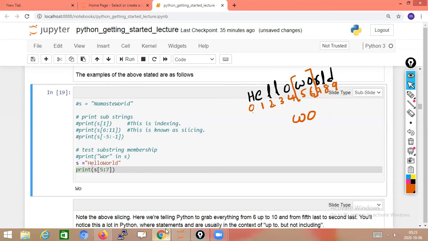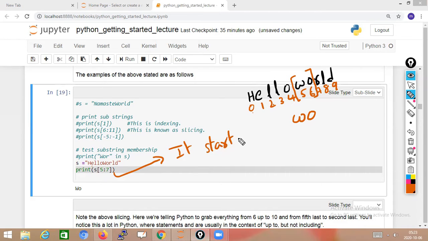So here what you understood is that when you mention 5 colon 7, it starts at 5 and ends at 7, meaning it ended at 6 only.